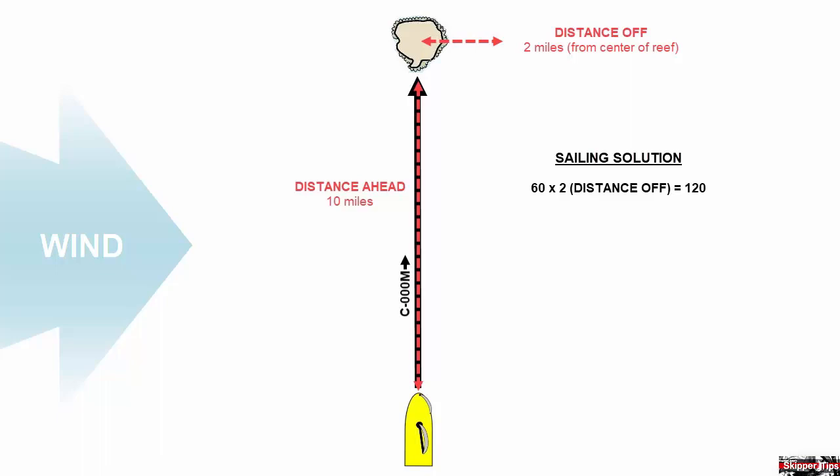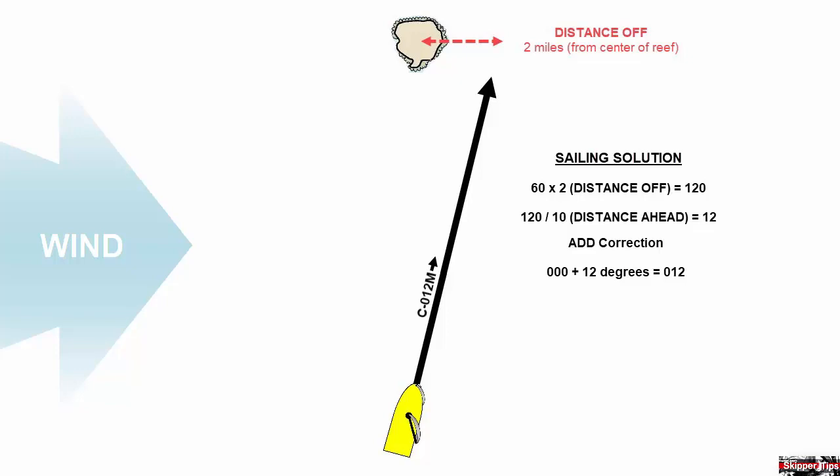In the final step, we divide 120 by the distance ahead. 120 divided by 10 equals 12, which is the number of degrees we need to change course. Because we want to stay to the right of the shoal, we add 12 degrees to our current course of 000 degrees magnetic. We change course to 012 degrees magnetic to pass the shoal at our desired distance of 2